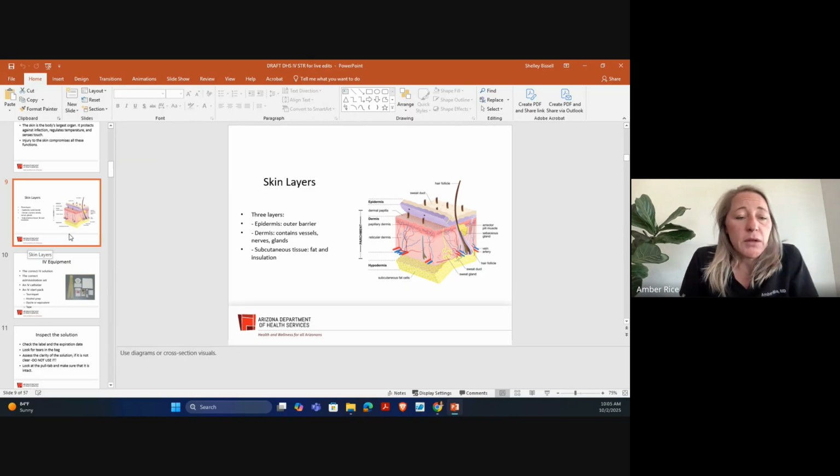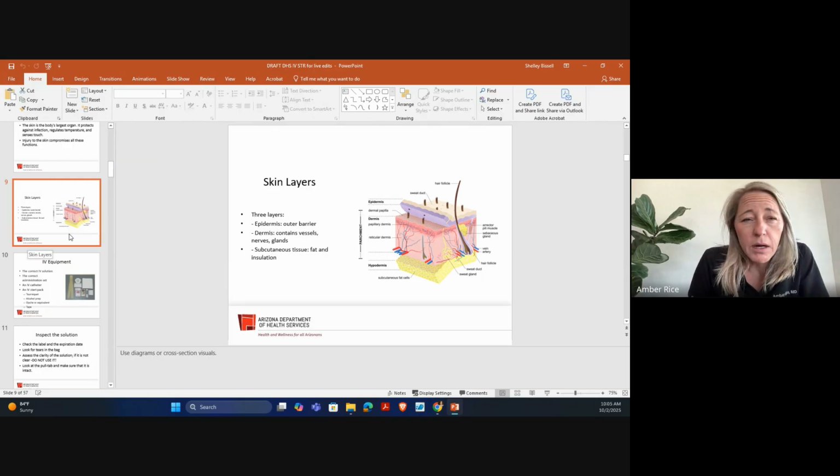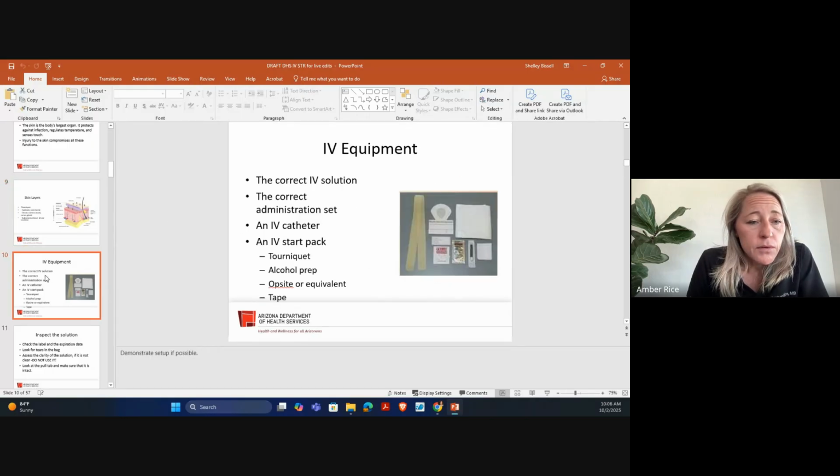So I don't know if anyone has a comment about additional things they'd like to see anatomy wise or anything that they felt like was too much. I tried to keep it fairly minimal for this one. Okay, if not, we can move on. So